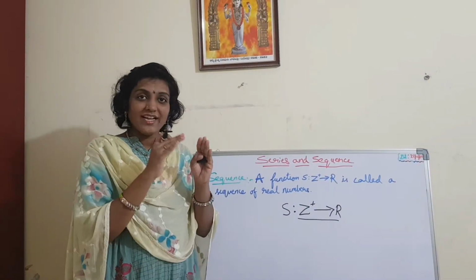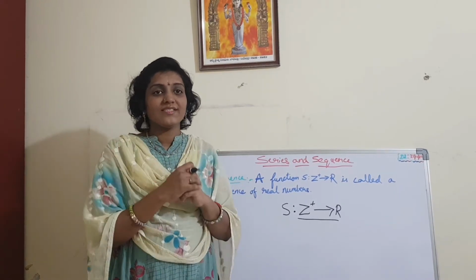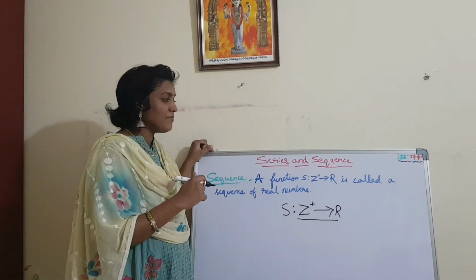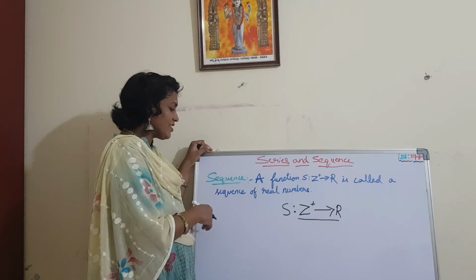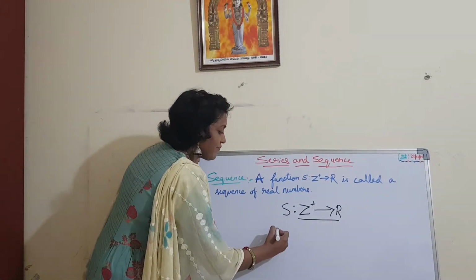First of all, what is a sequence? A sequence is where we are arranging in one order. That is nothing but a sequence. Here I will tell an example. Before that, how will we denote a sequence? A sequence will be denoted with s